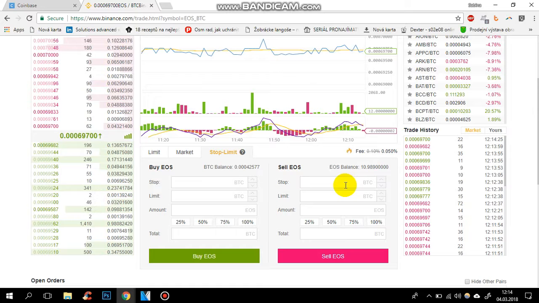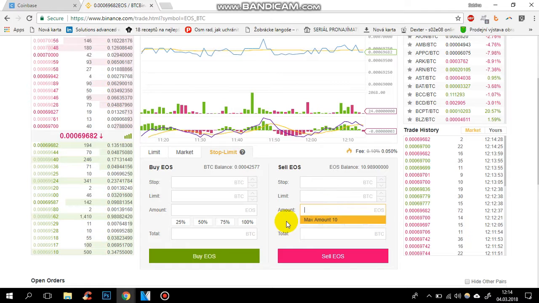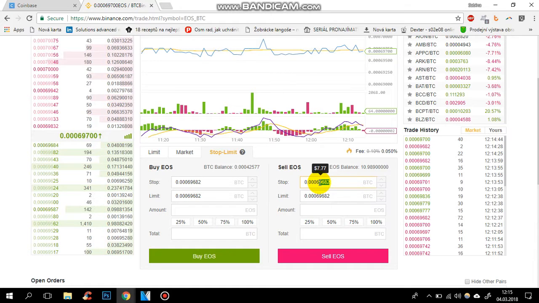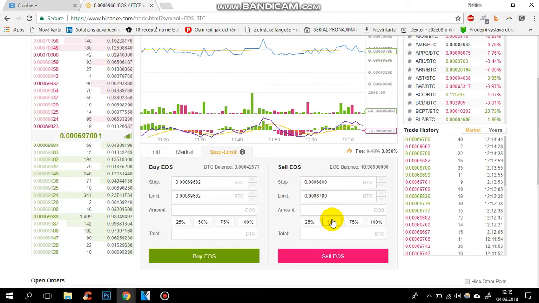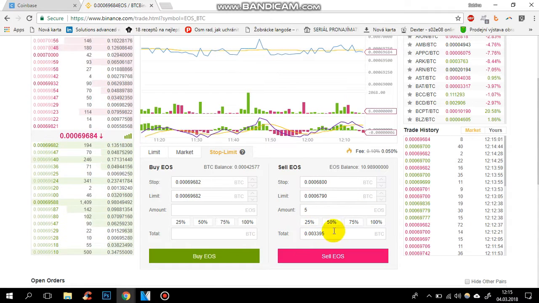So maybe I'll first explain the sell, because I think it's a little bit easier. You have these 3 rows here. The first one is named stop, the second one is limit, and the third one is amount. The limit row tells you for what price you will sell the cryptocurrency. And the stop row tells you at what price the order will be triggered, because it's very good to have a little bit of difference in the price between when it comes to market and when it sells, because when the last price is